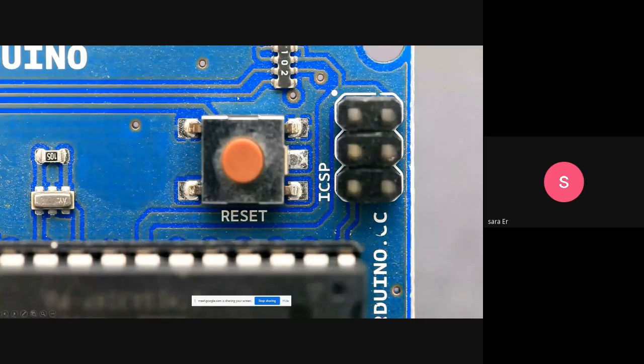Okay, this is a reset button. If you want to program the board to do another task from the first task, you can program this board initially, and if the operation failed, you can press this reset button, and it clears all the memory section of the board, and the board will be ready to program again.